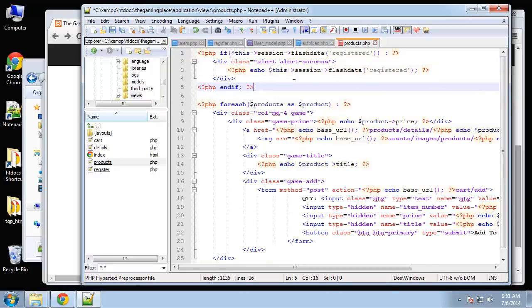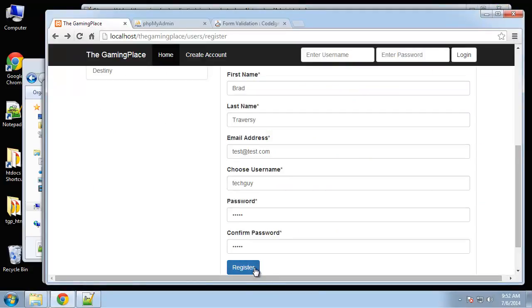Alright, so to echo the flash data, we need to just say echo this session flash data and then the name. Alright, but I want to add an alert around it. I want to add a div tag around it, so I'm using the if statement, which is saying if this flash data is set, then spit out the divs and the actual message. Okay, so let's save that and try to